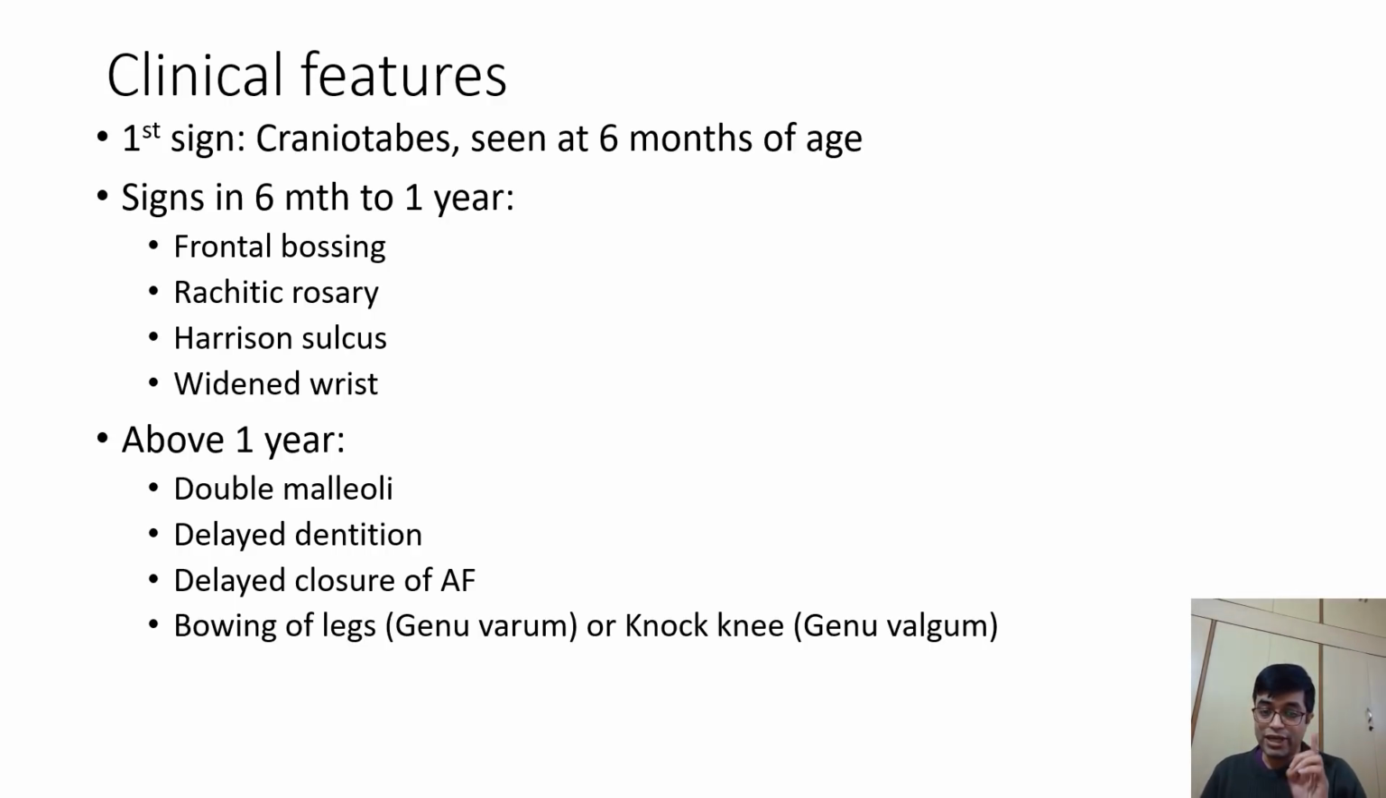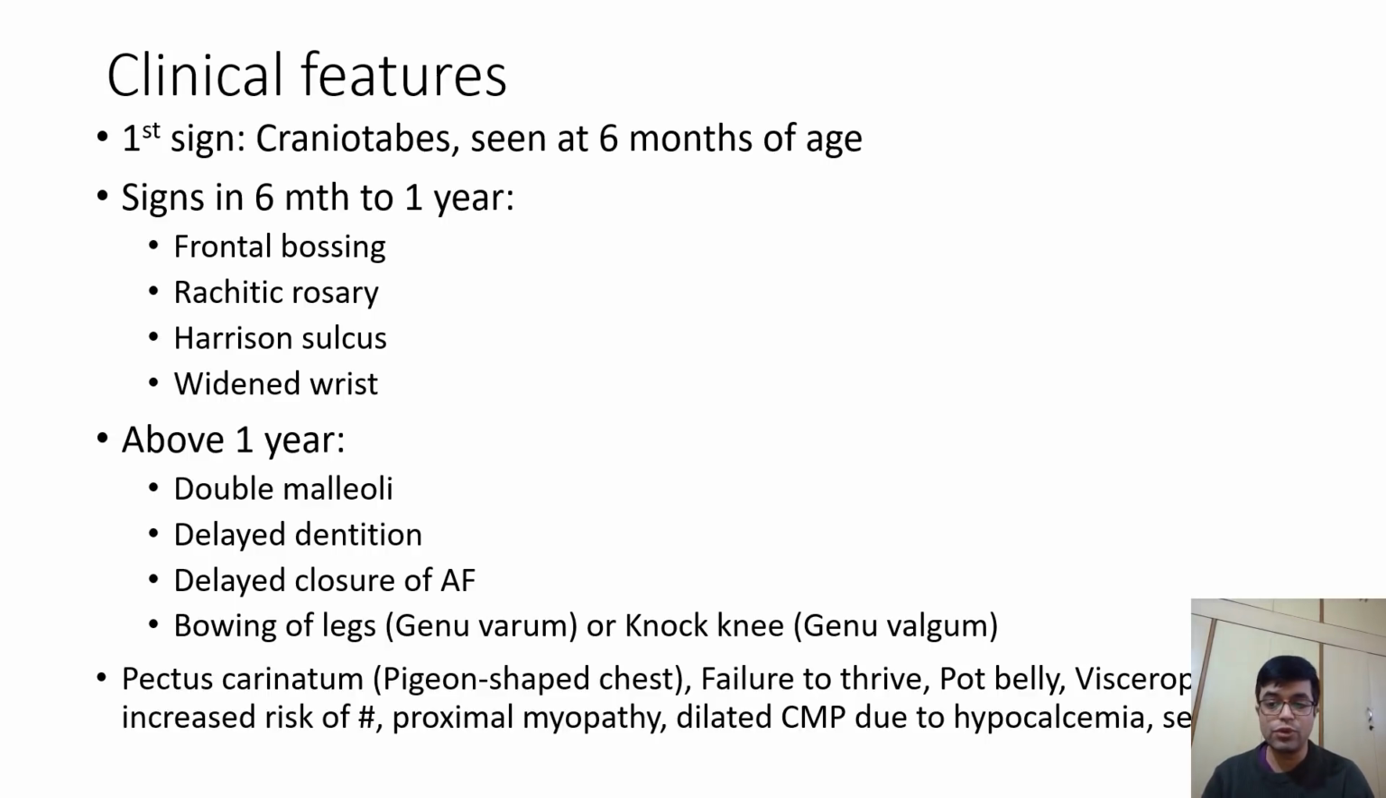Now, one is genu varum, second is genu valgum. Please do not get confused. Bowing of legs is known as varum. Knock knee is known as valgum. How to distinguish between the two? I'll be showing you a picture. And the other features can be seen, which include